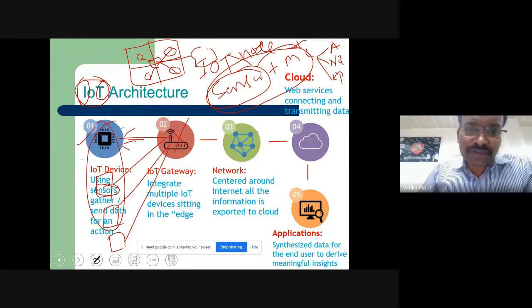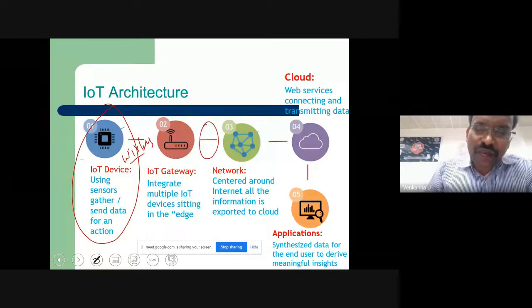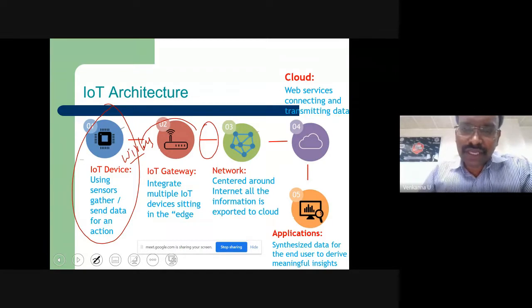The first job of the gateway is to collect the data from various sensor nodes. The second job is this: when you come to these IoT nodes, they use a protocol standard that is wireless, whereas on the other side you have wired communication. To make the proper conversion and communication, there is a necessity for the gateway also. These are the two reasons why a gateway is used in any IoT application or IoT prototype.